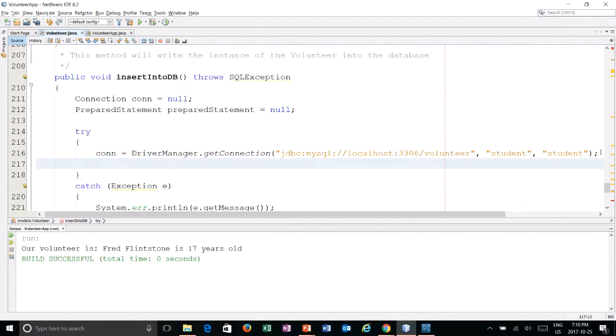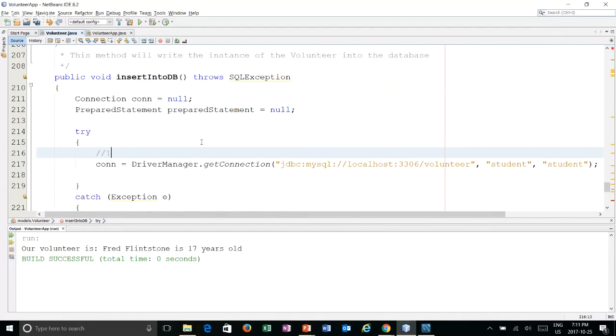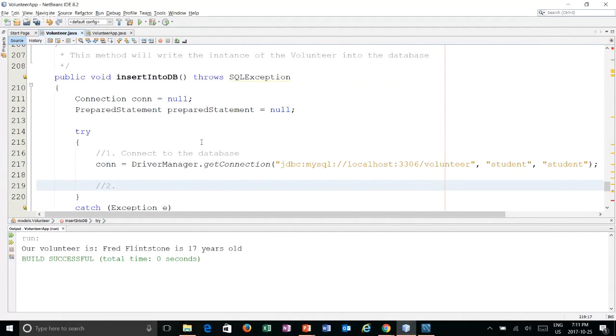And then what we need to do is build a prepared statement. So step one here is connect to the database. Step two is create